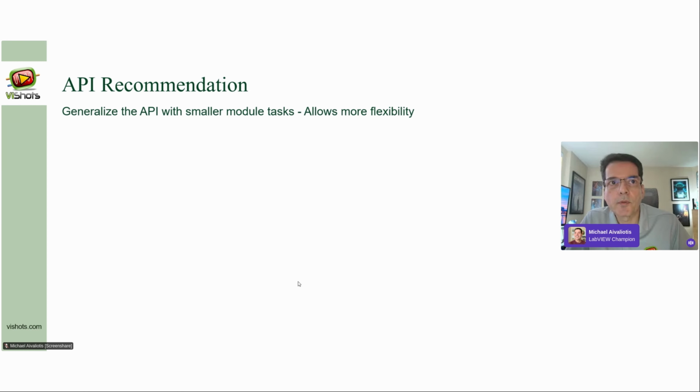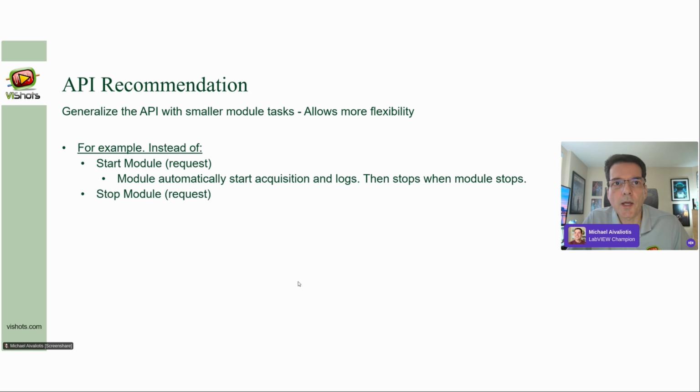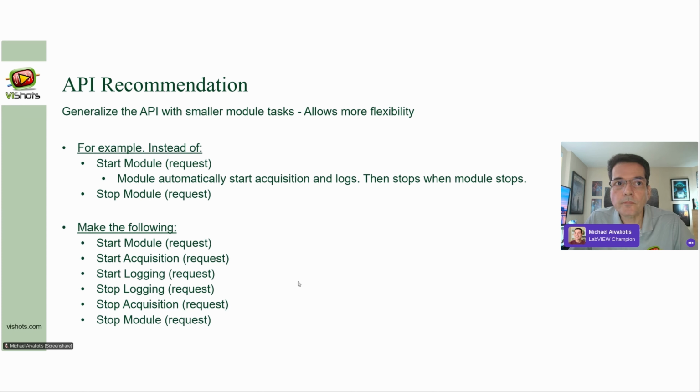As an example, my personal recommendation and what I do is I like to generalize the API into smaller module tasks to allow more flexibility. So, for example, instead of just having a start and stop, where internally the module starts acquisition, logs, and then the acquisition and the log files stop automatically when you stop the module, so you basically have a start and stop, that's it. I would suggest doing the following: have a start module, start acquisition, start logging, stop acquisition, stop